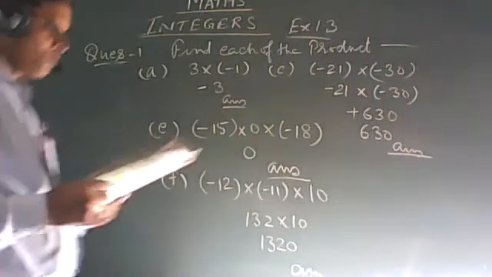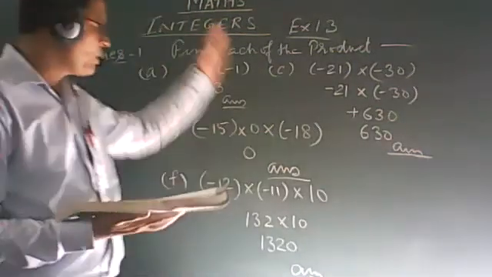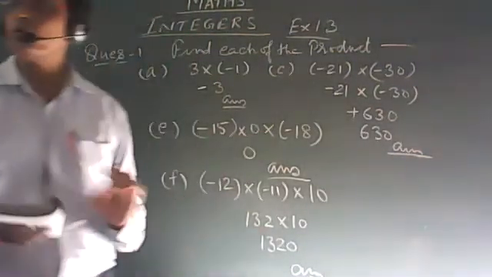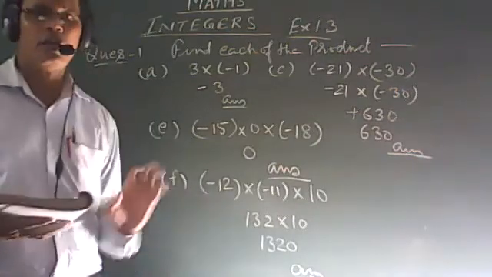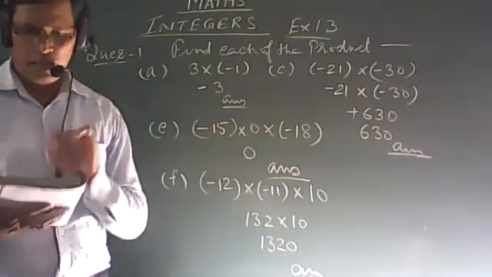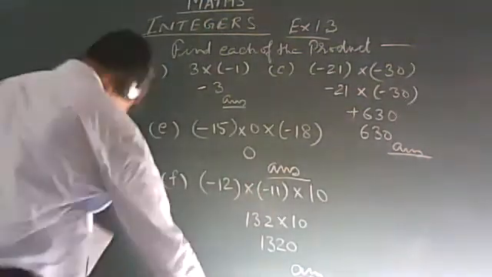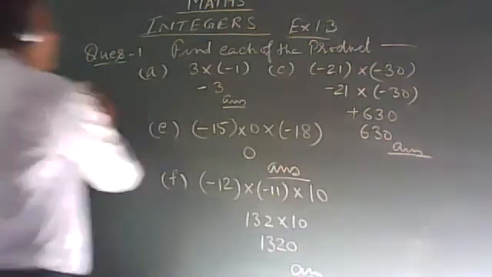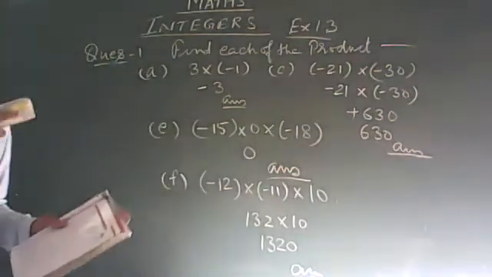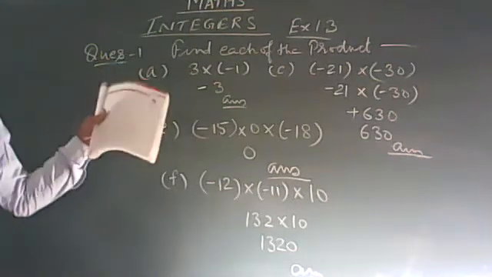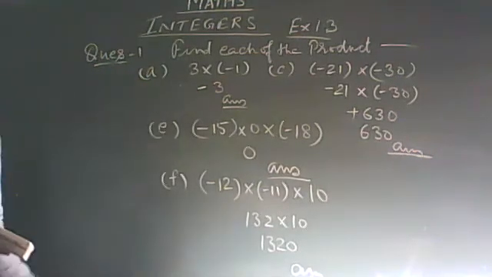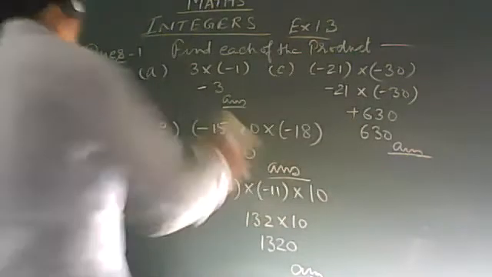Okay. Now similarly, you complete these questions up to J in your homework copy. A to J you have to write in your homework copy. And question number 2, I solve the A part of question number 2. Can I erase it? Have you completed? Have you completed? Shruti, did you copy it down? Raise your hand. Okay.